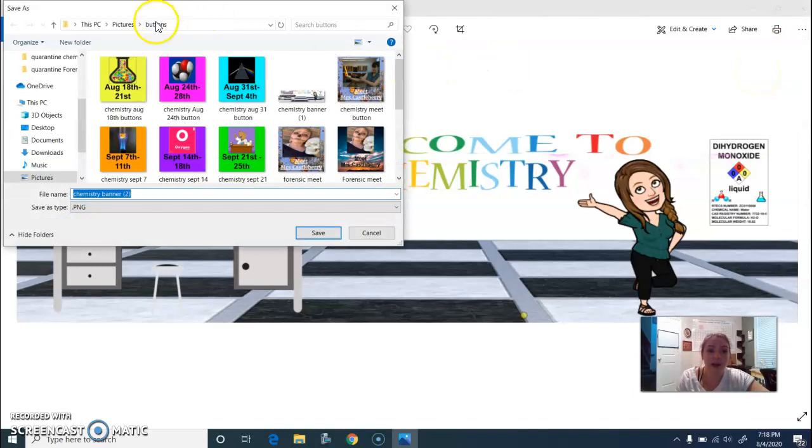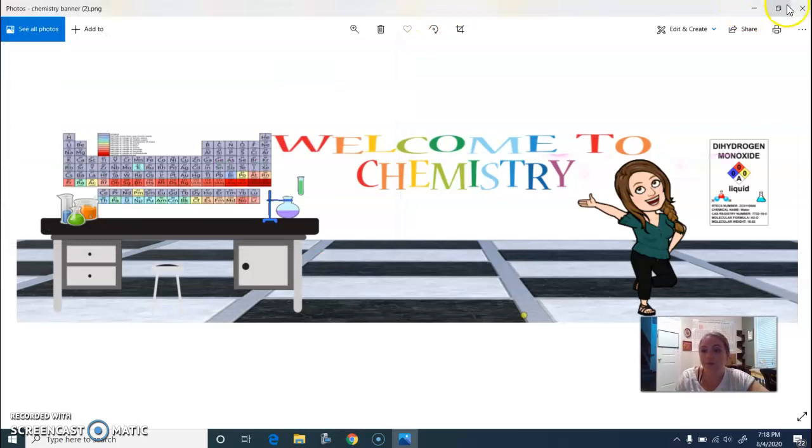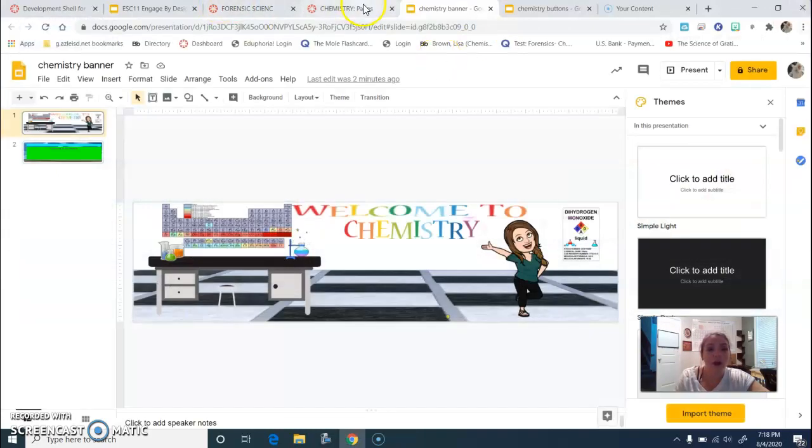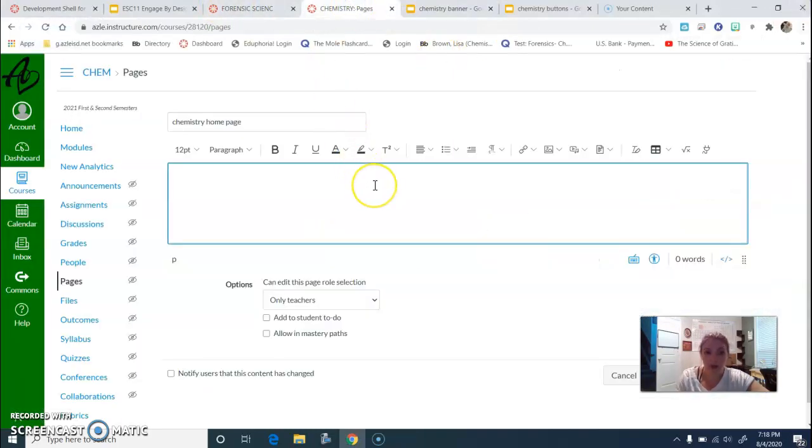And I've been saving mine in a folder called buttons because they're my clickable buttons in my home pages. So I made a little file in my pictures and I've already saved it. So I'm not going to resave it, but that is where I would save it. Okay. So just X out of that. I've already done it. Then I'm going to go back to my chemistry homepage, the page I'm trying to make,